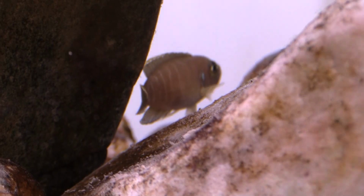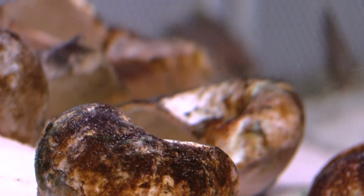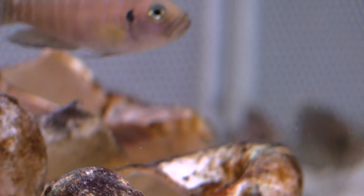It can coexist in a community tank with other small dwarf Tanganyikan cichlids like Julidochromis ornatus, transcriptus, for example. Calvus, Lamprologus calvus, is another good fish to mix with it. But our preference really would be to combine it with a species that inhabits the mid-water level, have the brevis on the bottom, for example, with a nice little group of shells. And for the mid-water fish, you would select something like Cyprichromis leptosoma, a beautiful schooling fish, mouth brooder, against a backdrop of some nice Vallisneria. Vallisneria being a species that typically tolerates harder water conditions makes for a really, really nice